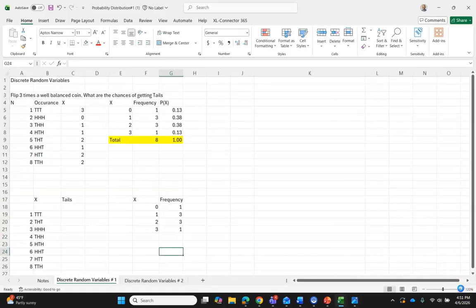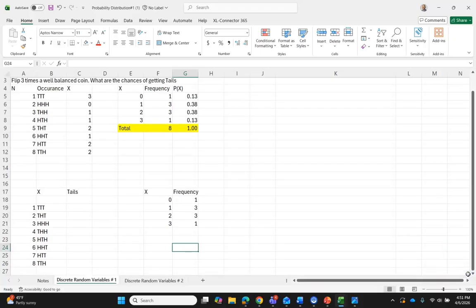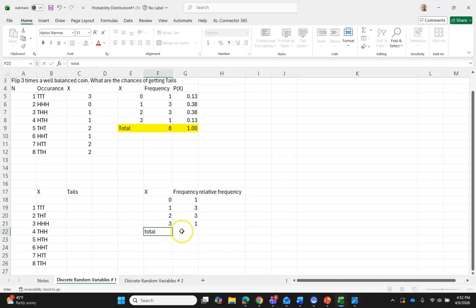Once we have that, we can do a number of things. So we can find relative frequency, which will actually give us the probability. But that can be found if we know the total. So the total here can be found by the sum of these values. If you enter, you can see our total is 8. So 0 happened once out of 8. So I'm going to put equal sign and click on 1 divided by 8. We did this before. So you can see 1 divided by 8 is